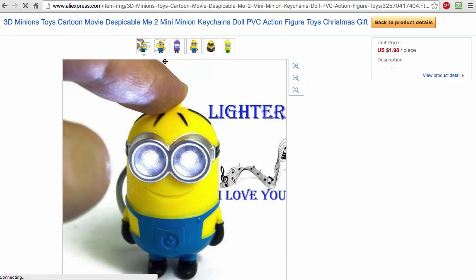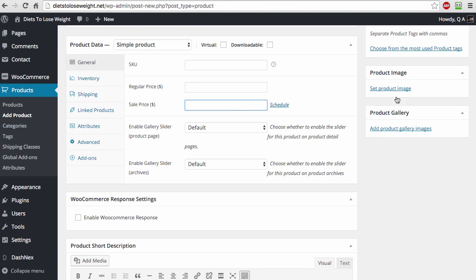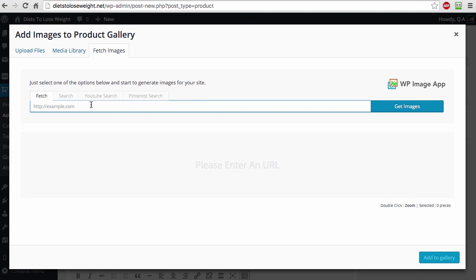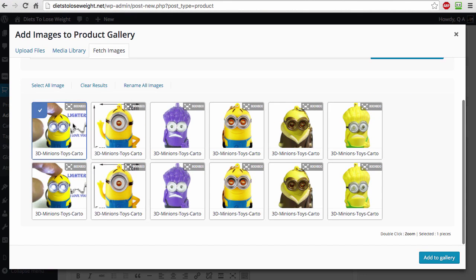So now we double click here, and this is the source of the images. We copy the URL, and here watch these two fields. So we have the product image here, and we have the product gallery here, right? So we click add product gallery, and we copy and paste the URL here, and we click get images. And within a second, we found all the images that we want, and we can literally select all of them. And also, if we double click